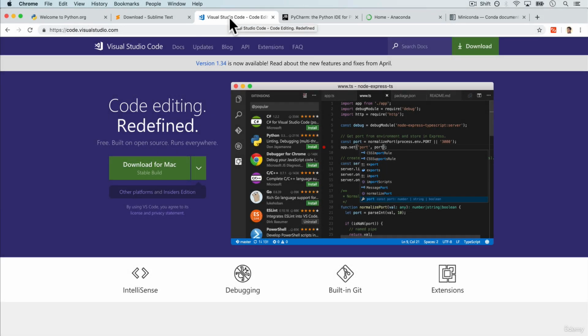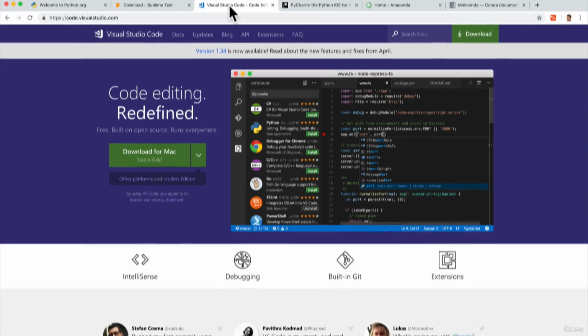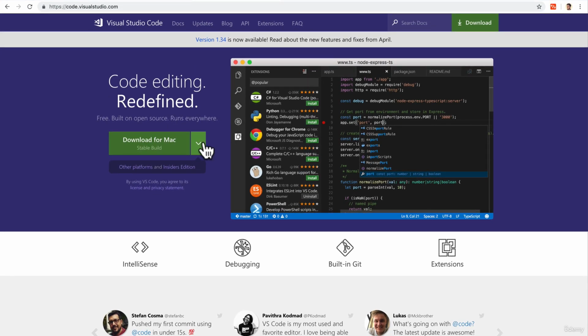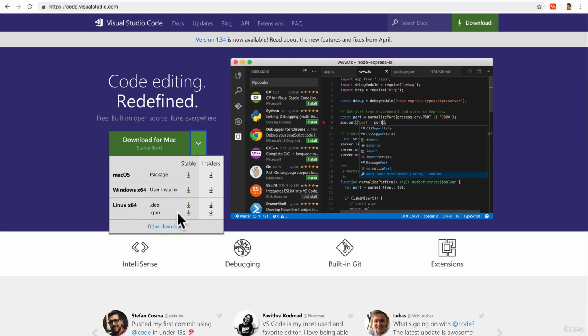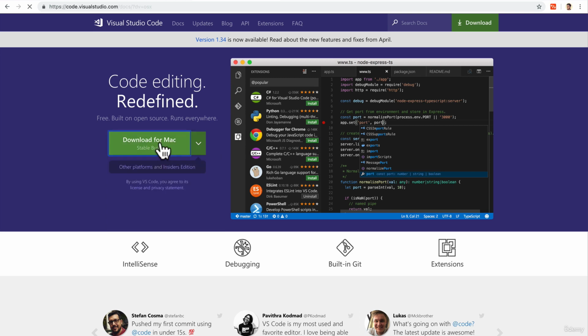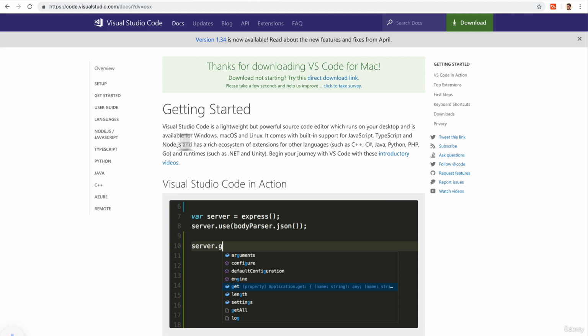Welcome back. The next code editor we're going to look at is a very, very popular one. It's completely free. So I think right now it's probably the most popular code editor out there in the community, and I think you'll see why. We can download it based on your machine, so you can pick whatever computer you have. In my case, we'll download it for Mac, and it has a really, really good Get Started guide.